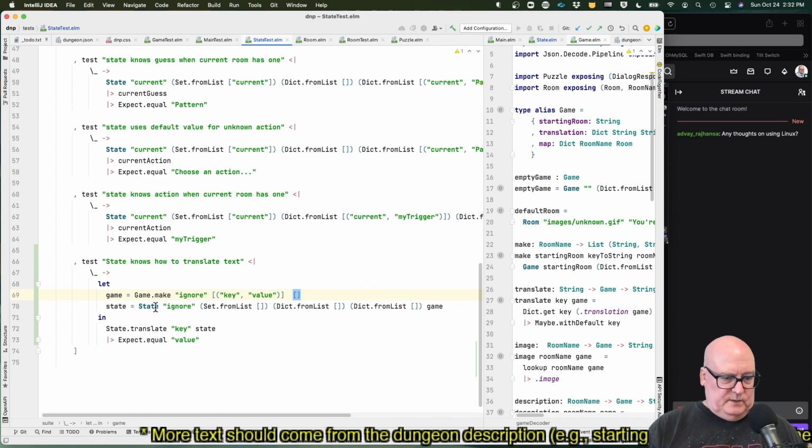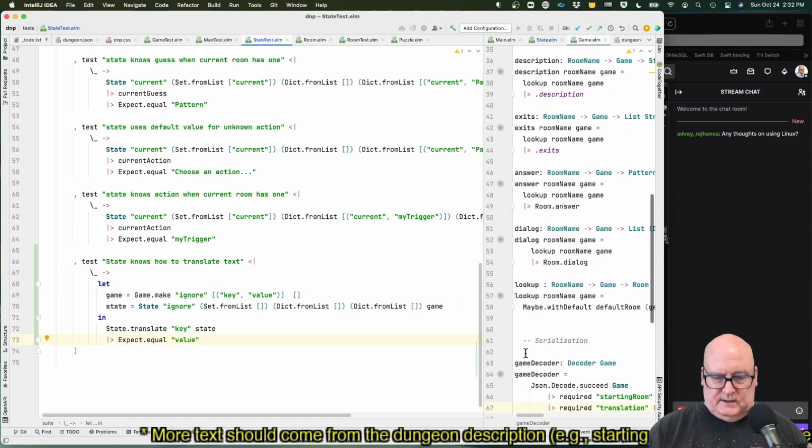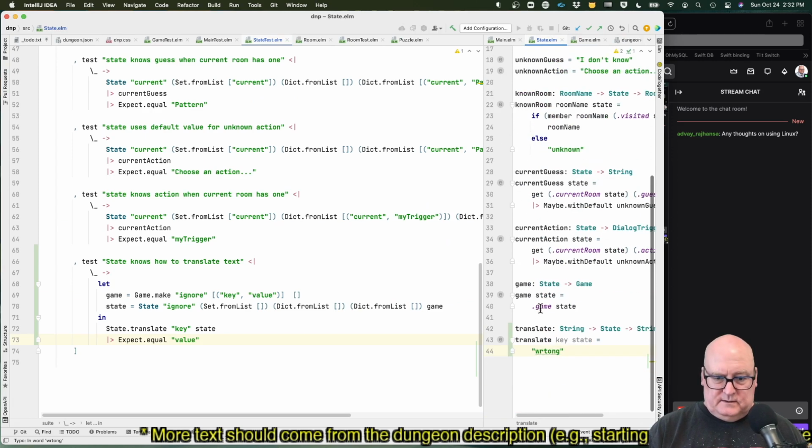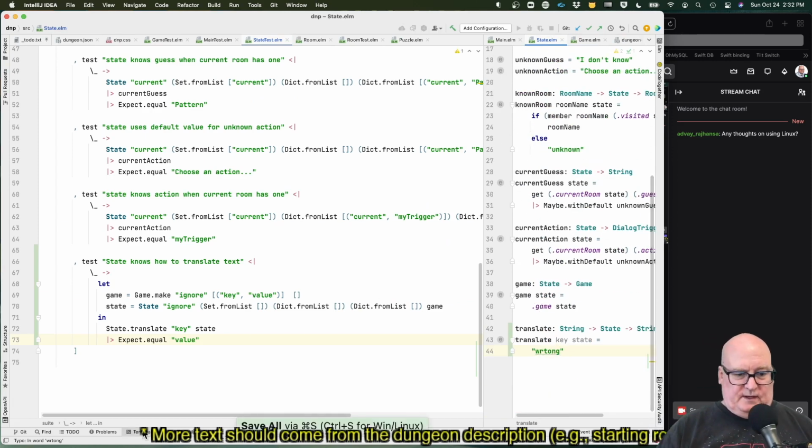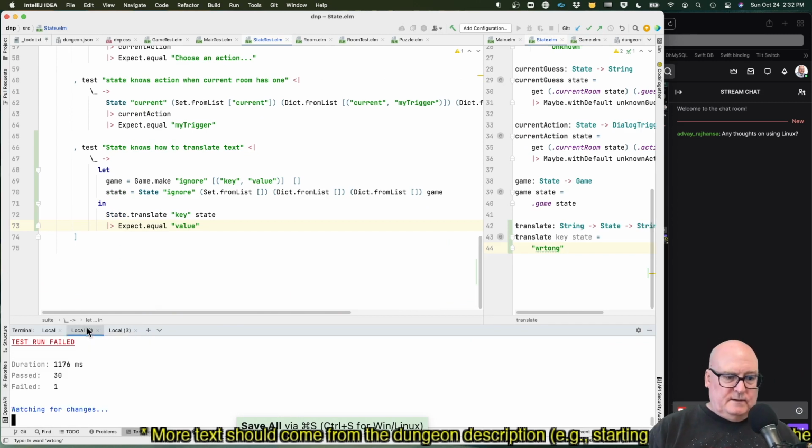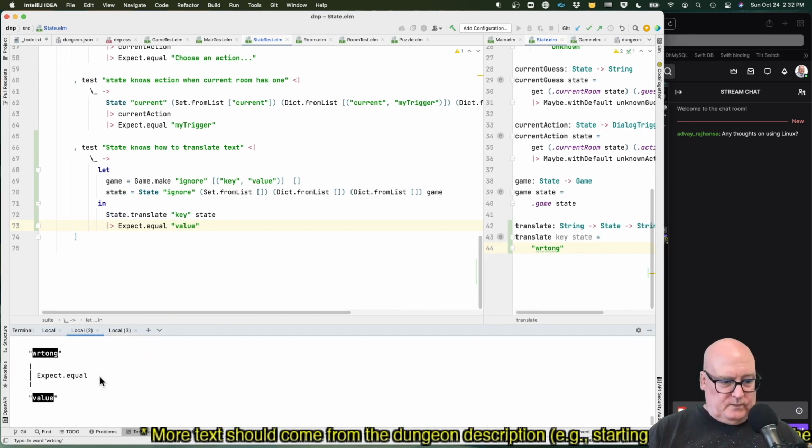So game state built from game. You ask it to translate key from state. We expect to get value. And where state is returning something wrong, should fail. Return is equal to value. Should be equal to value.